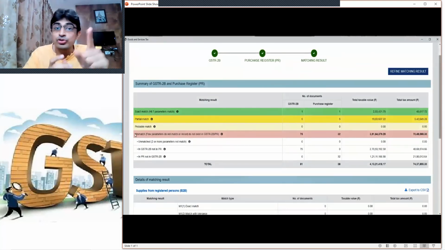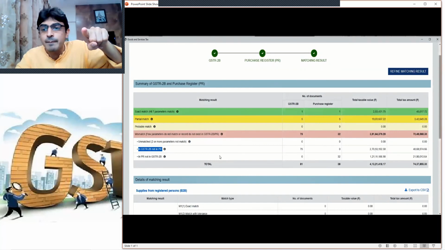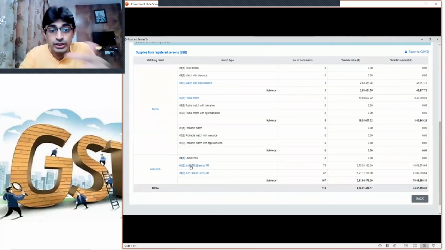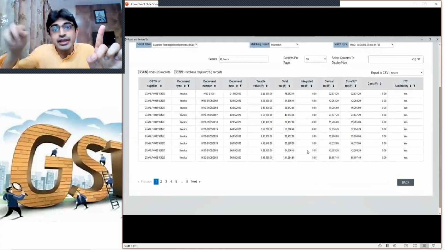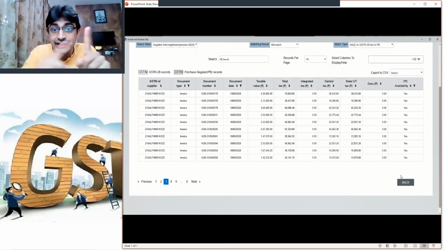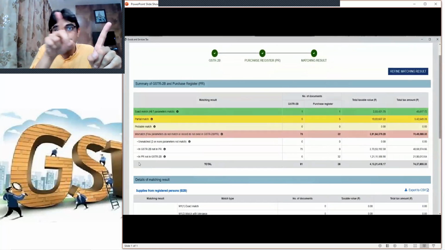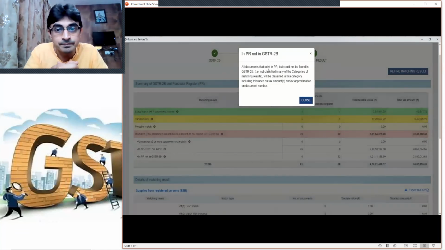Okay, fourth point, most important, is total mismatch. Total mismatch means ITC is there in your 2B, but you have not taken it in your purchase register. You can see, download this point. It is there in your 2B, but not there in your purchase register. See this. Correct. So this much ITC is available in my 2B. My supplier has uploaded GSTR1, but it is not in my purchase register.